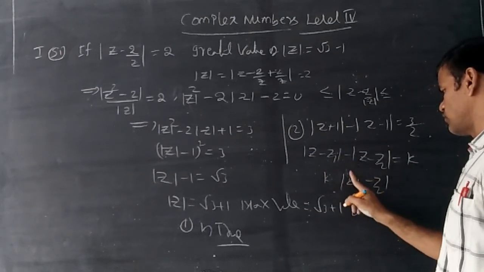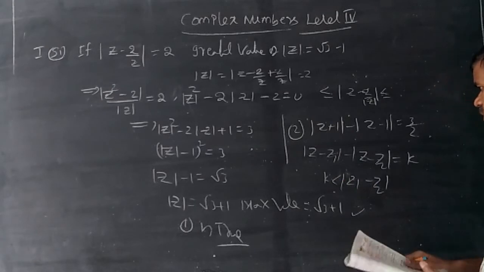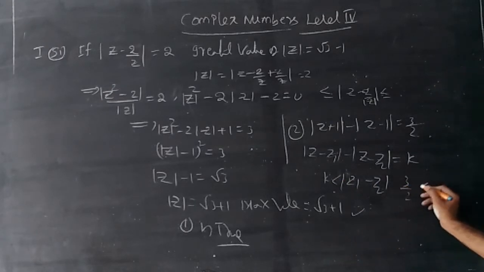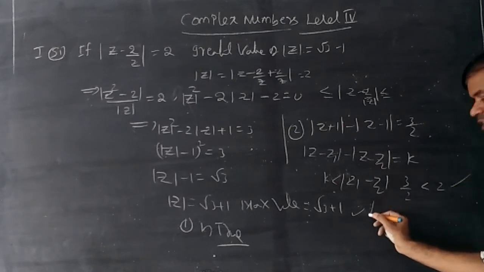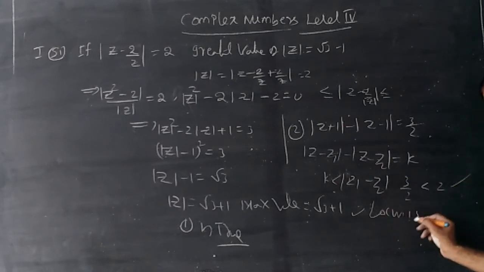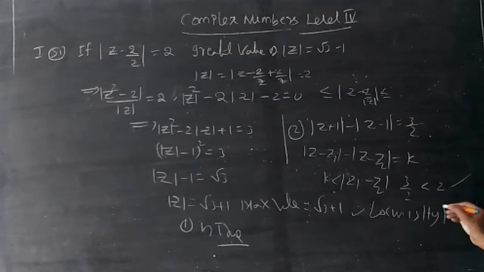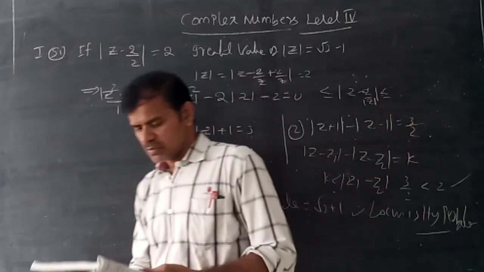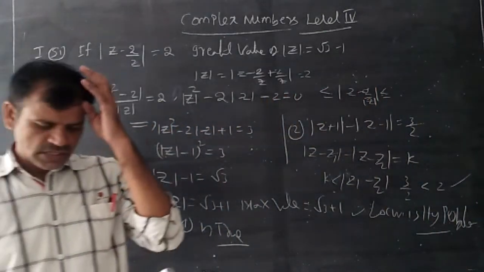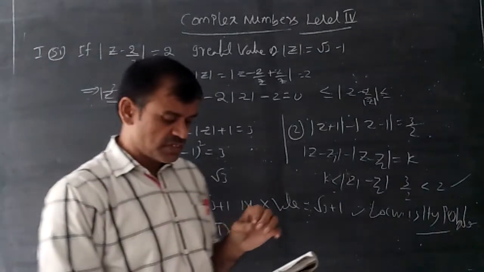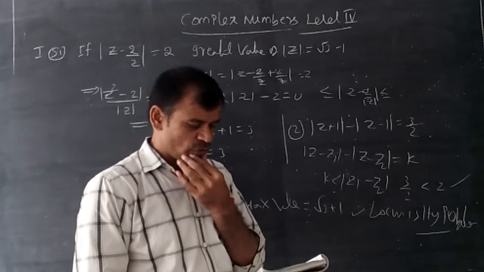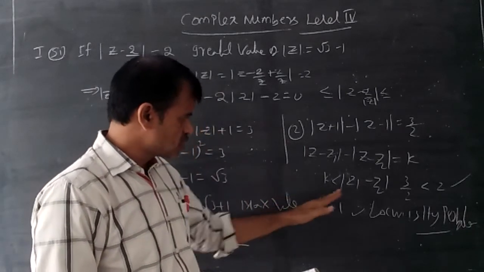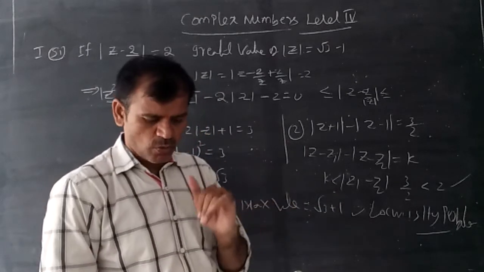Yes, let us verify the formula. According to hyperbola formula, k here 3 by 2, 3 by 2 less than, this is 1 minus of 1, 2. So locus is hyperbola. So the locus is hyperbola. It is correct. Question given as the locus is hyperbola, it's okay. Now he is discussing with us modulus of z plus 1 minus modulus of z minus 1 equal to 3 by 2. Then these two value of mod z equal to 3 by 4. So k should be less than 1. So apply the value whatever he given.